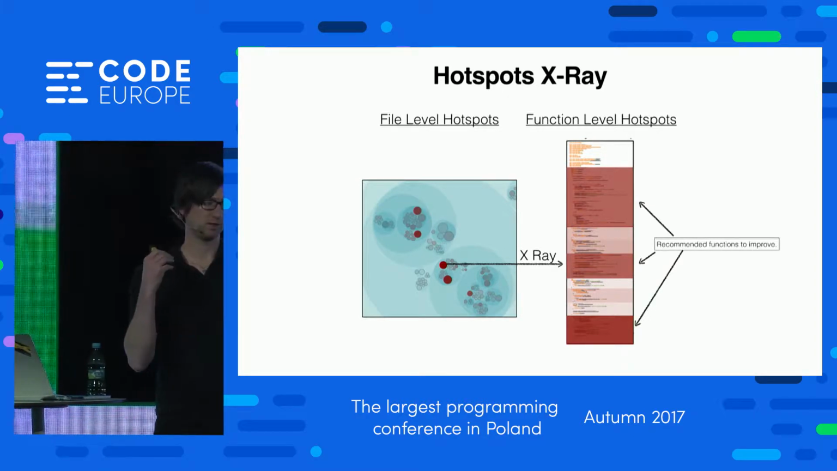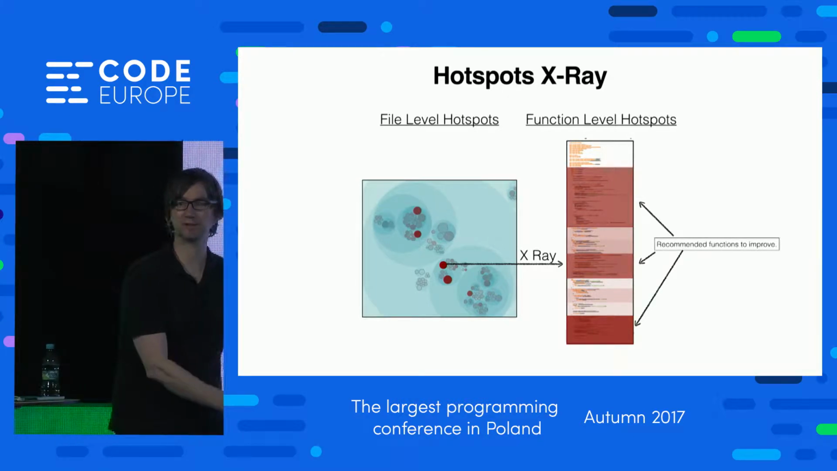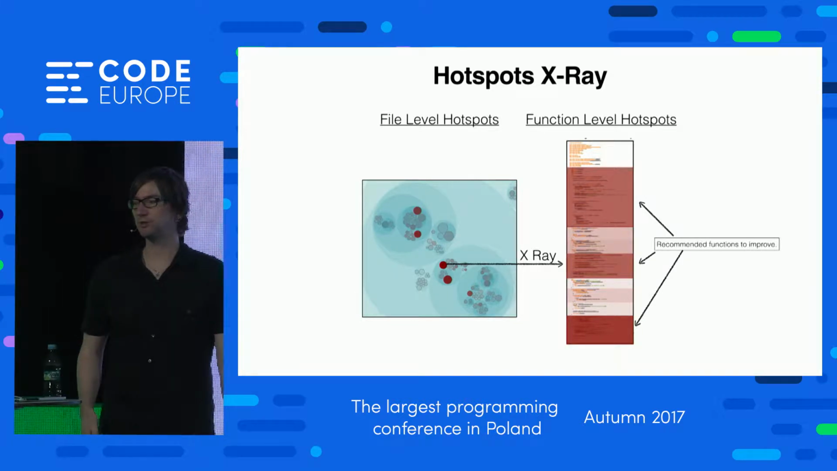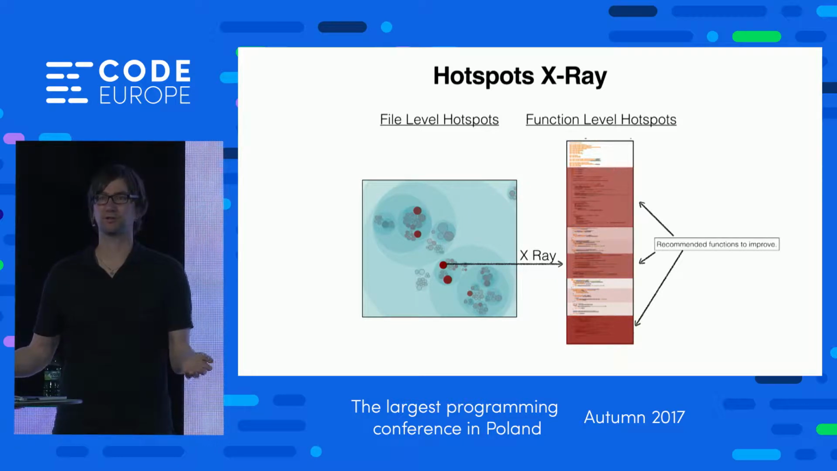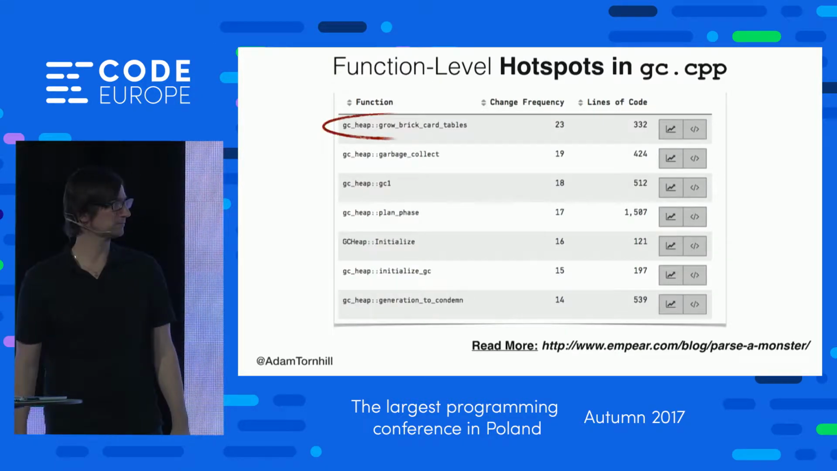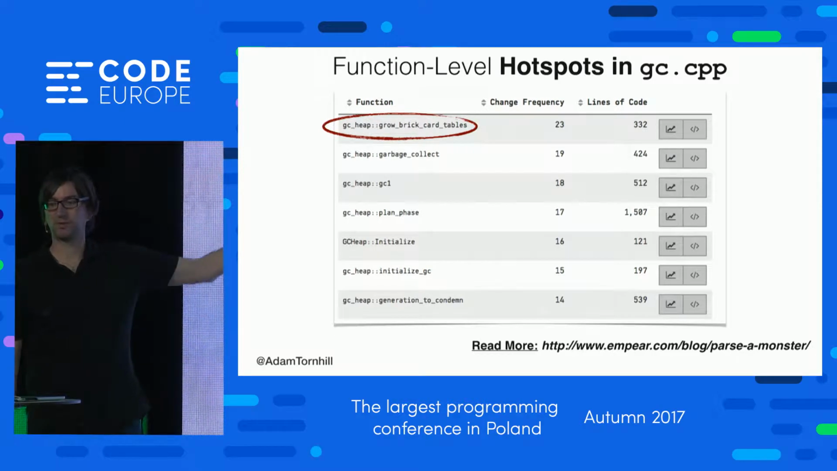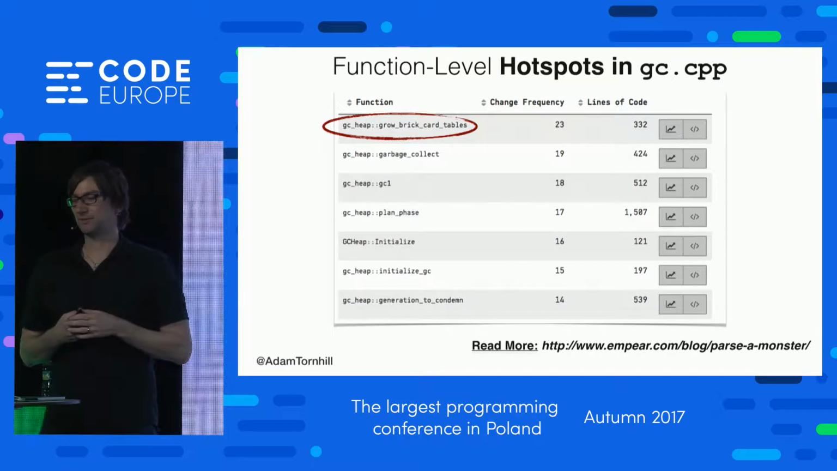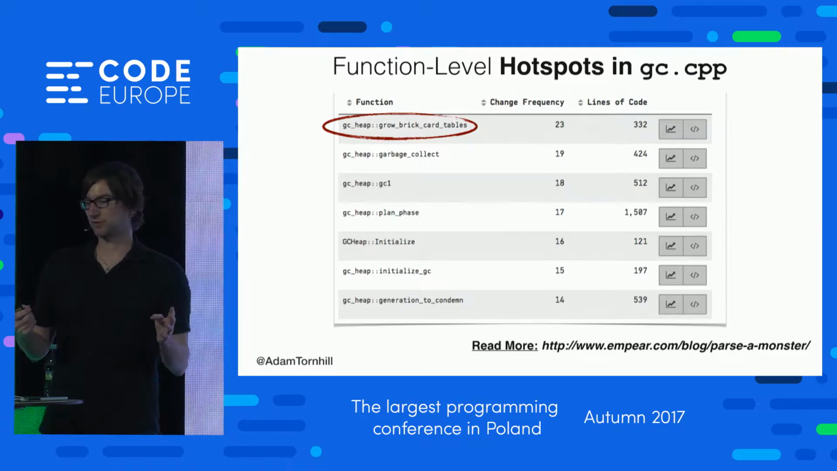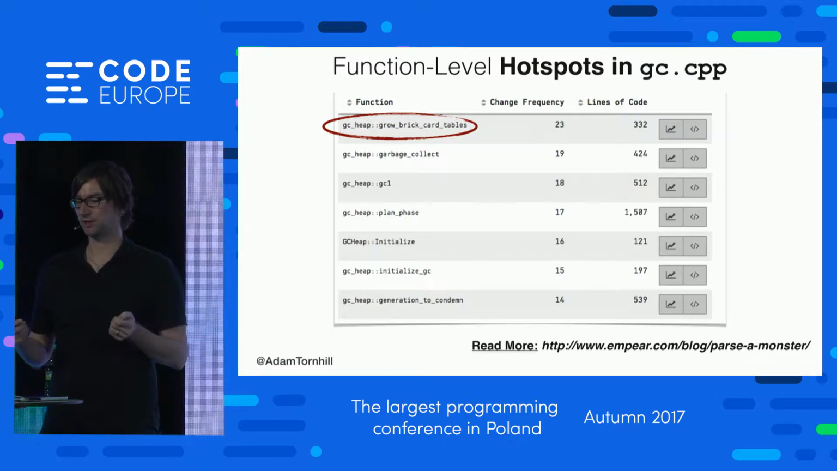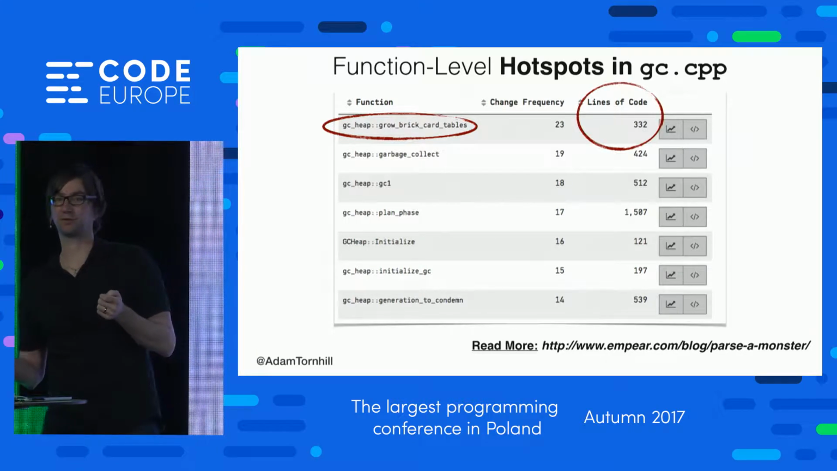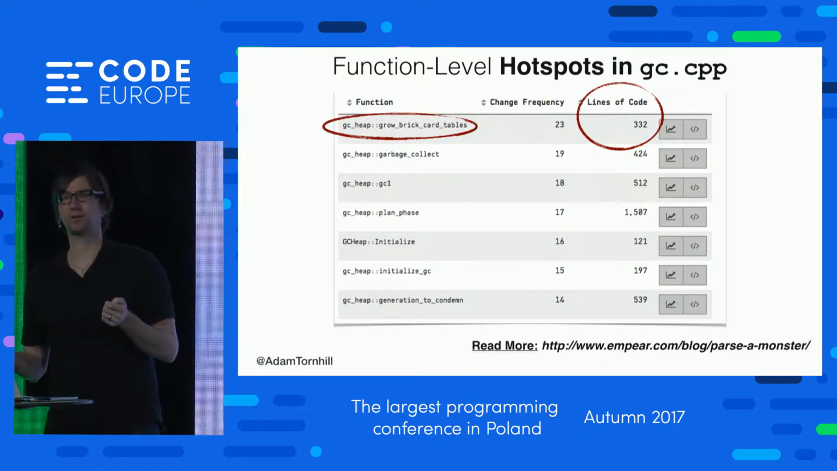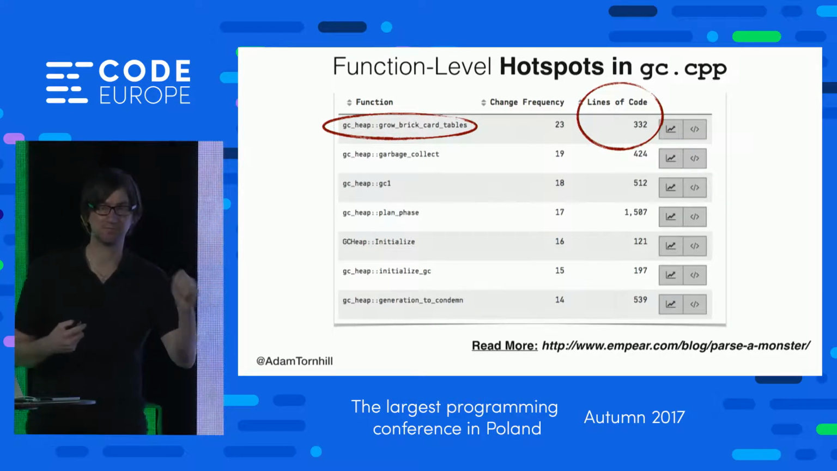So now we'll look at which functions are actually hit by the different commits. And when we do that, we can start to reason about hotspots on function level. Let's see how that looks for gc.cpp. So when we do this on gc.cpp, we see that the number one hotspot function is a function called grow_brick_card_tables. It's a function with 332 lines of code. That's quite a lot for a single function, isn't it? It is, but it's much less than